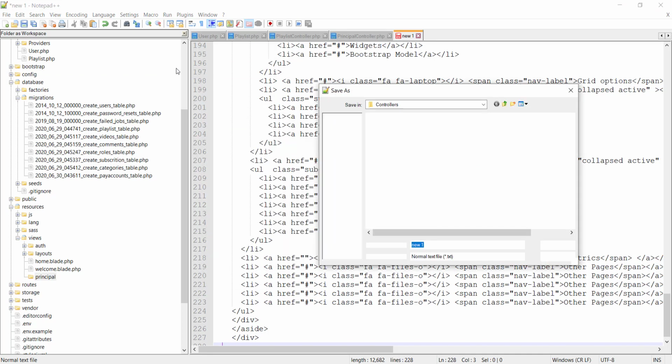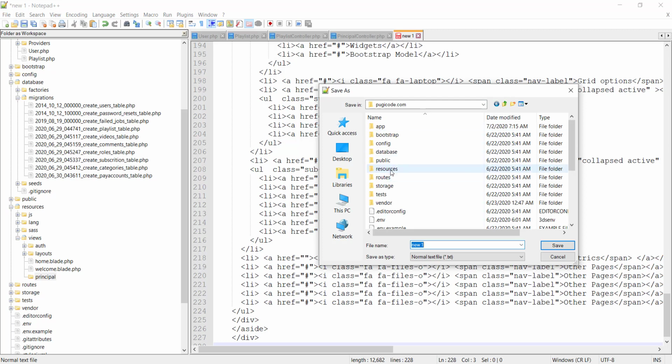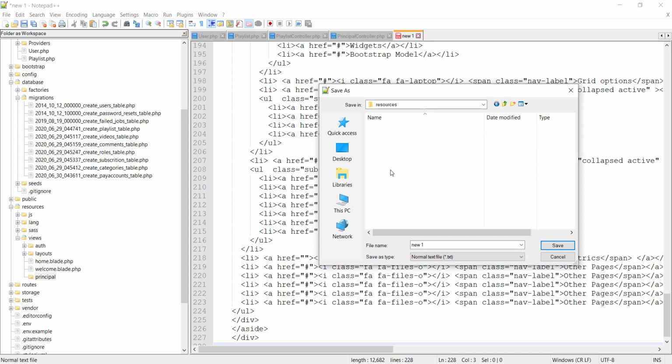It's still looking at controllers, yet I would have created it in the panel already. So I'm going to browse back to resources, views, then principal, and then I put